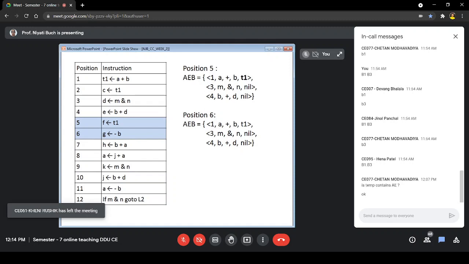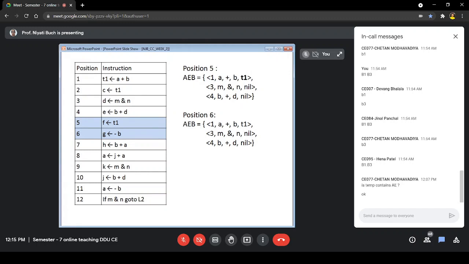Okay. Now let us discuss position number 6. Initially our basic block was containing 11 instructions, right? Now we added the position 1 instruction, so the count has gone to 12. So now we will always consider the new position. Whenever you are solving the example, this is how you should do it. Whenever you add an instruction, you have to rewrite the whole basic block with new numbering, so that you do not make a mistake.